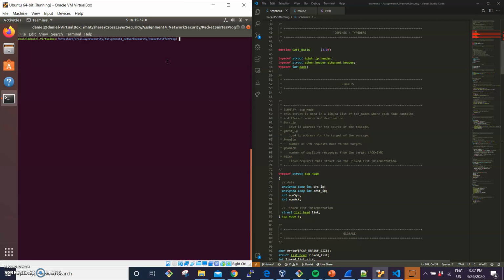import a PCAP file which contains all of the packets that were sent and received over the network for a short period of time, and we analyze whether there were way more SYN requests than there were positive responses. And if that's true, then we've determined that there was possibly a SYN flood attack. So you can see an example of this program running